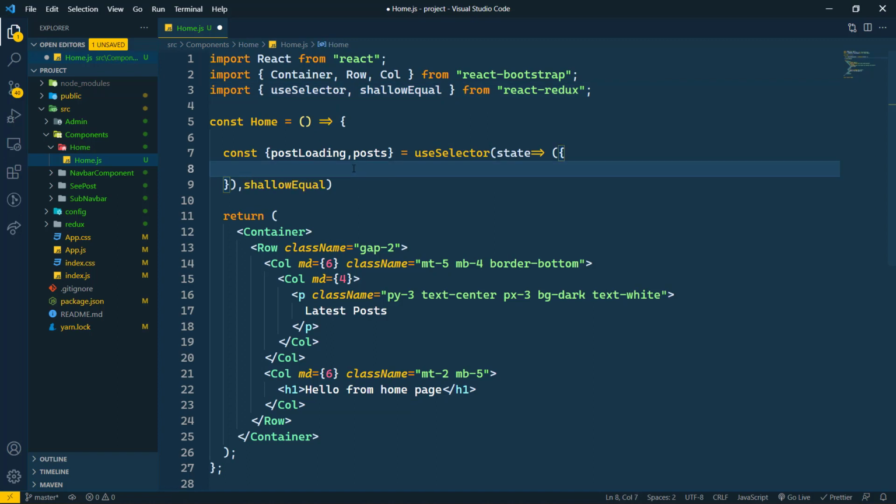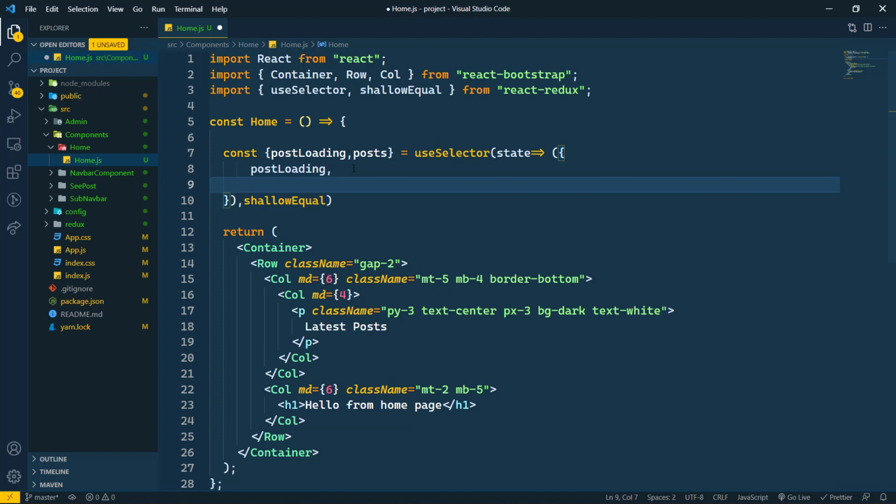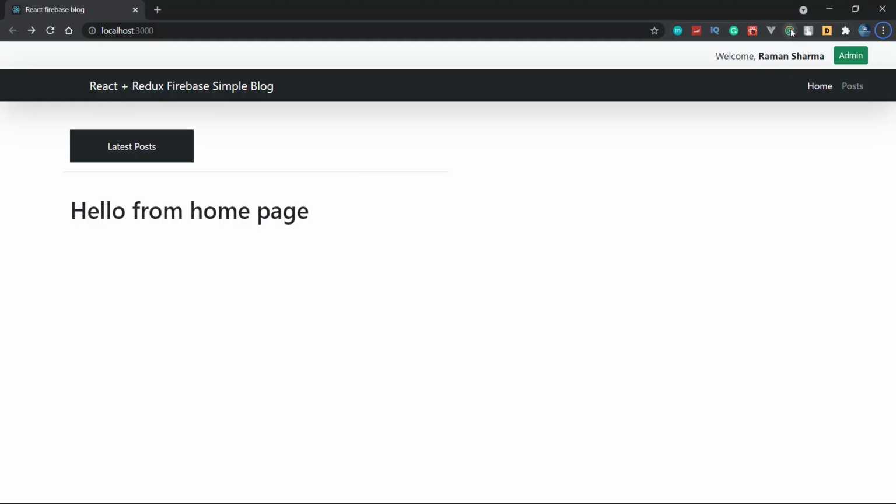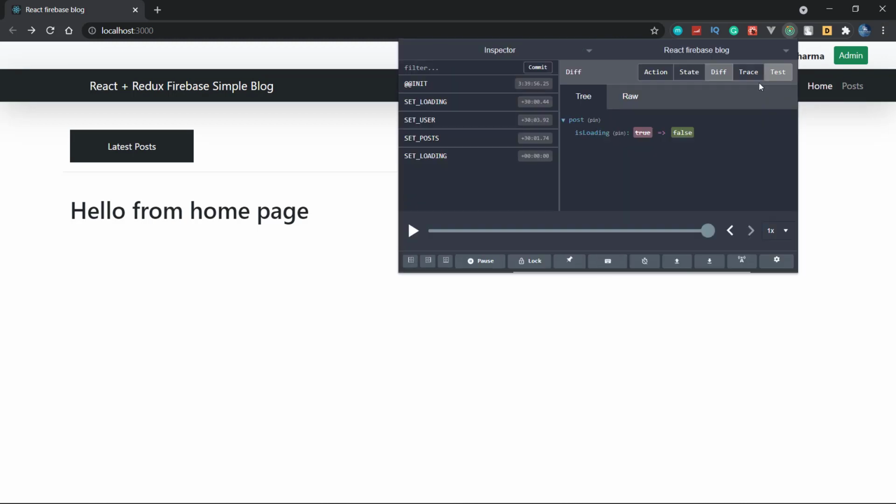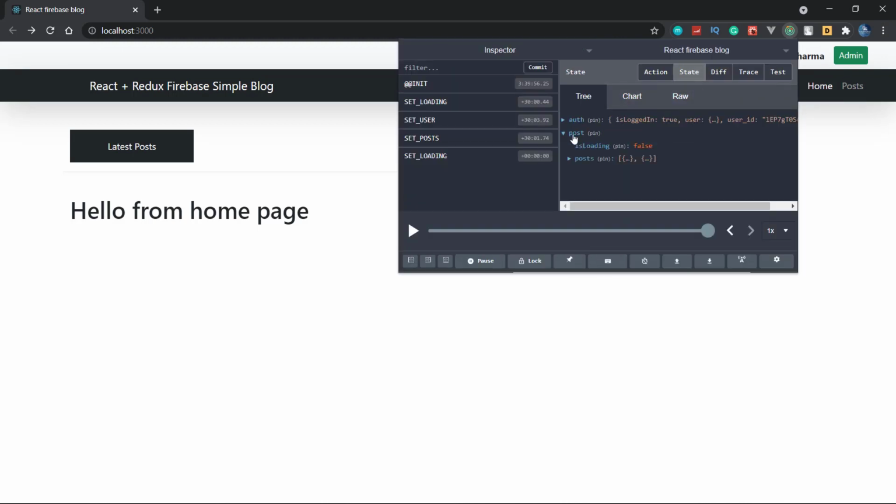Now here we have to get the post loading, and then posts are there. So first of all, let's see where we will get the post loading. Let's see this in Redux DevTools, in the state, here in the post.